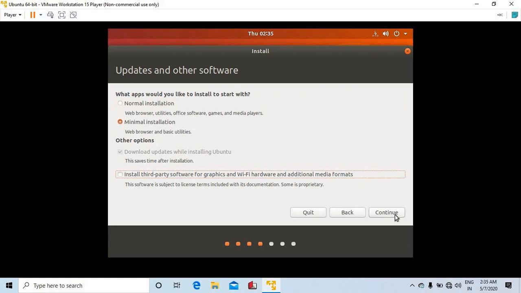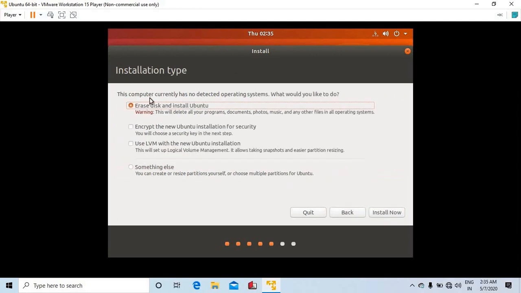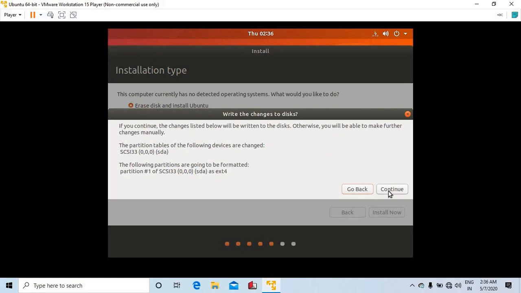I am just choosing minimal installation, then check this option, install third party software, then click on continue. In this next step it says this computer currently has no detected operating system, what would you like to do? So this is the option. This will not erase your data, this will only erase the space that we gave to the hard disk. So just leave it as default and then click on install now, then click continue.